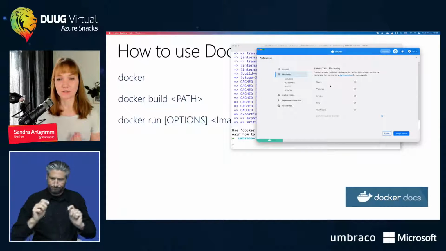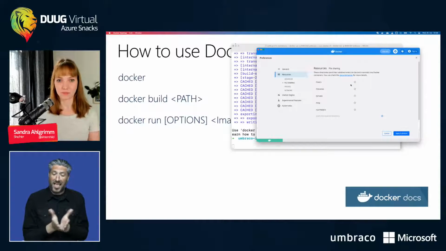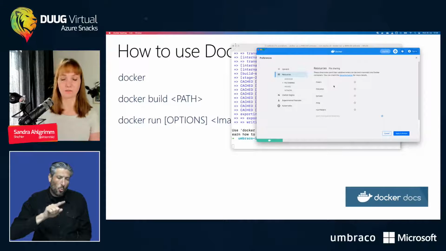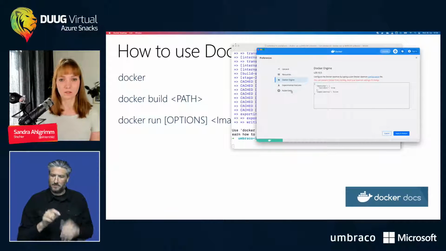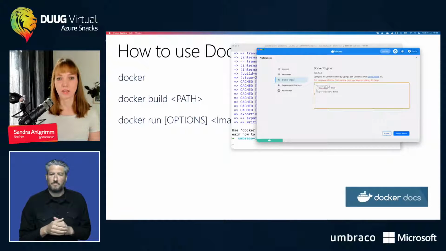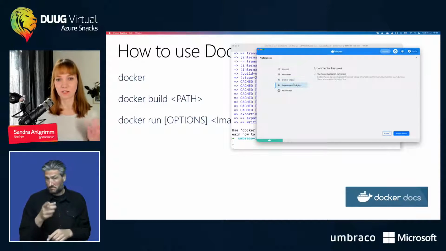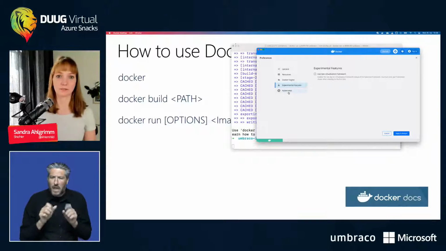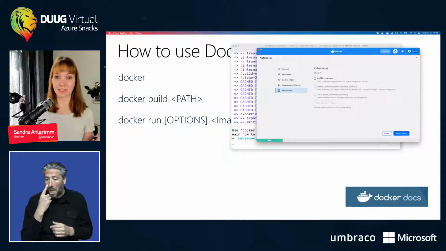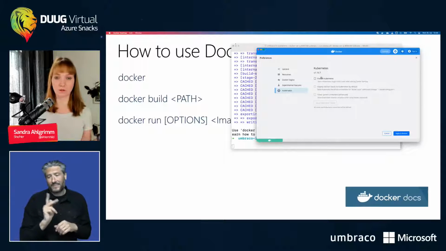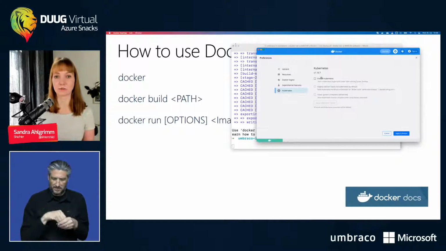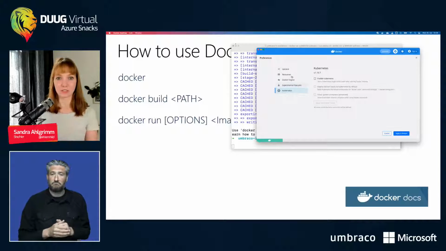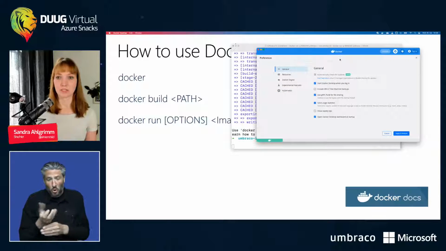For file sharing, when you're on Windows, you might have to add C here if you're using any Windows-specific things. So be aware that you have this. You can also add the mounting here, and you can also enable experimental features, so, for instance, the new virtualization framework. And you can also just start your Kubernetes cluster on your machine. So there's actually no need to go with Minikube here. So if you want to try out Kubernetes, please just go with Docker, install it locally on your machine, and then just start it on your machine here.